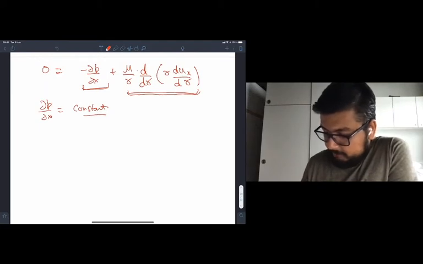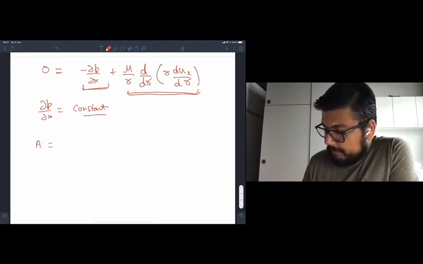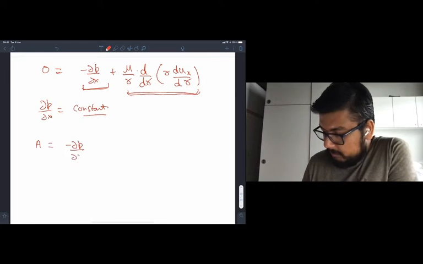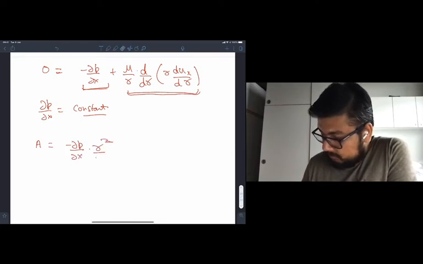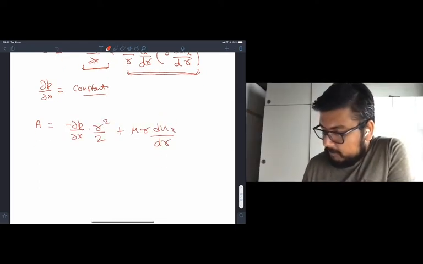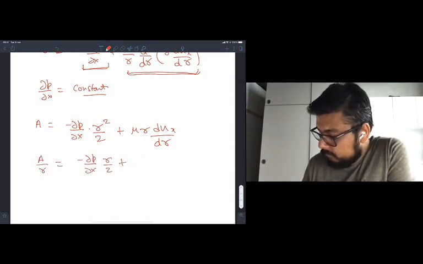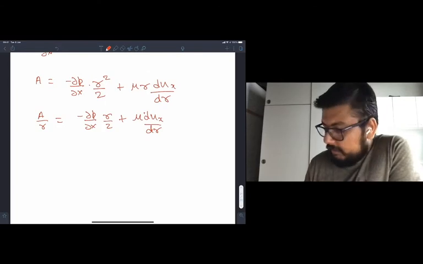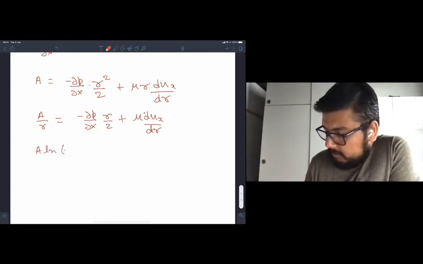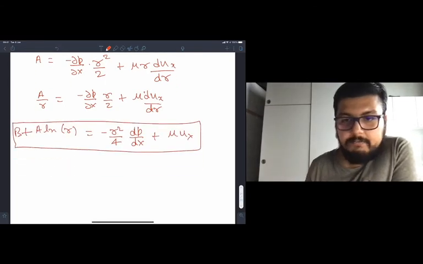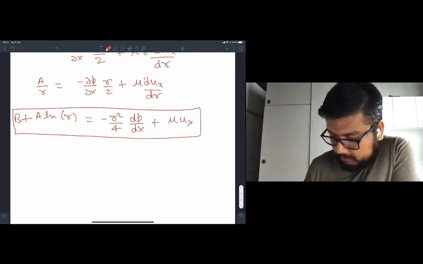So if I integrate it once, then I get A, and if I divide this equation by r, then you get A by r equals, now integrating again, we get A ln r plus B, and then we can apply the boundary conditions, which are that